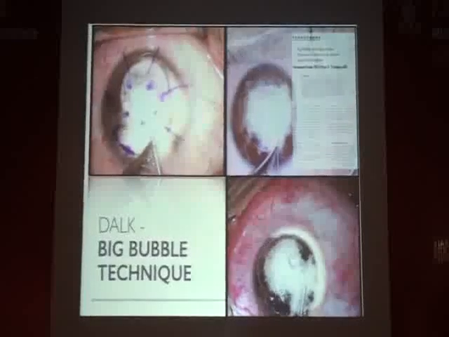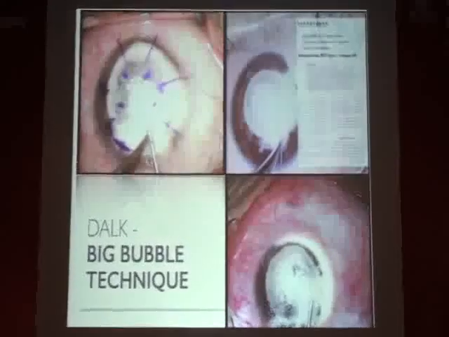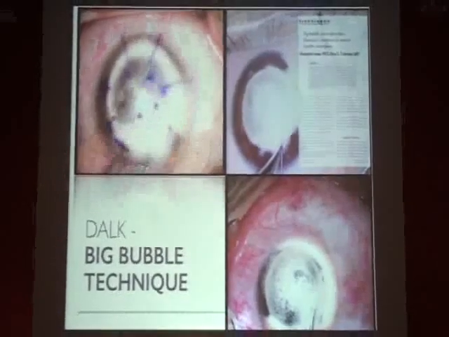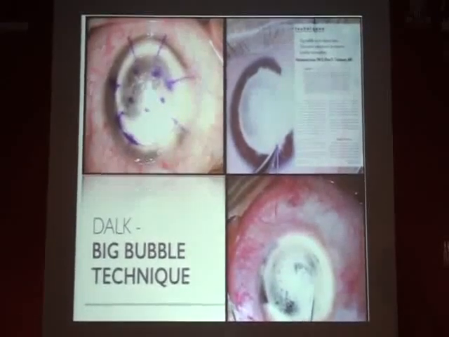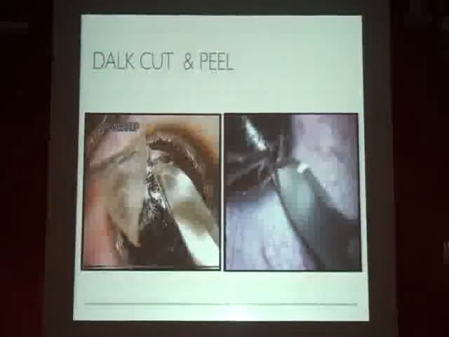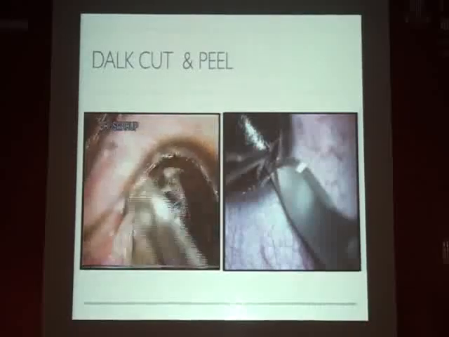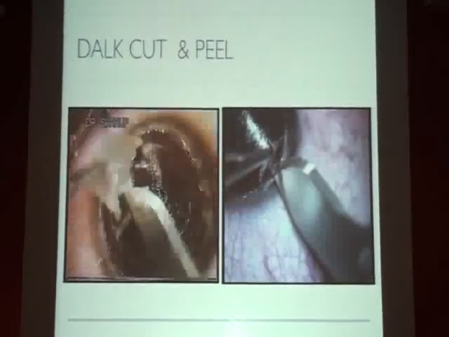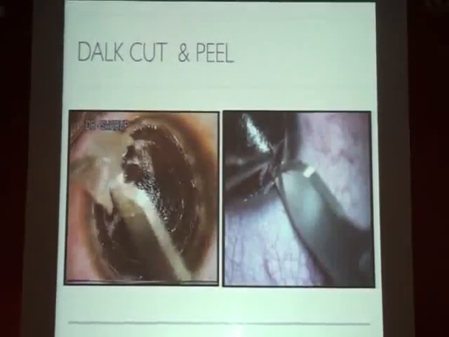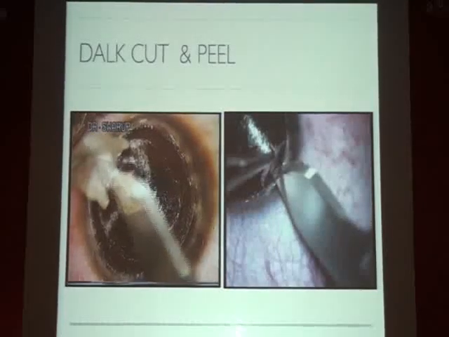Very good when you get a bubble, but you don't always get it. And even if you do get it, removing the stroma can be tricky. You can end up with perforations if you don't handle the tissue carefully. Now, the conventional technique of manual deep lamellar keratoplasty involves removing layer by layer of the stroma,